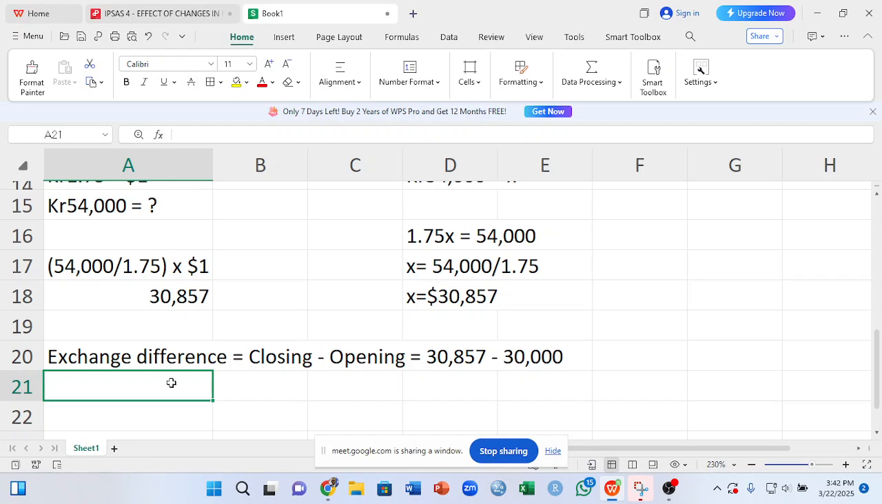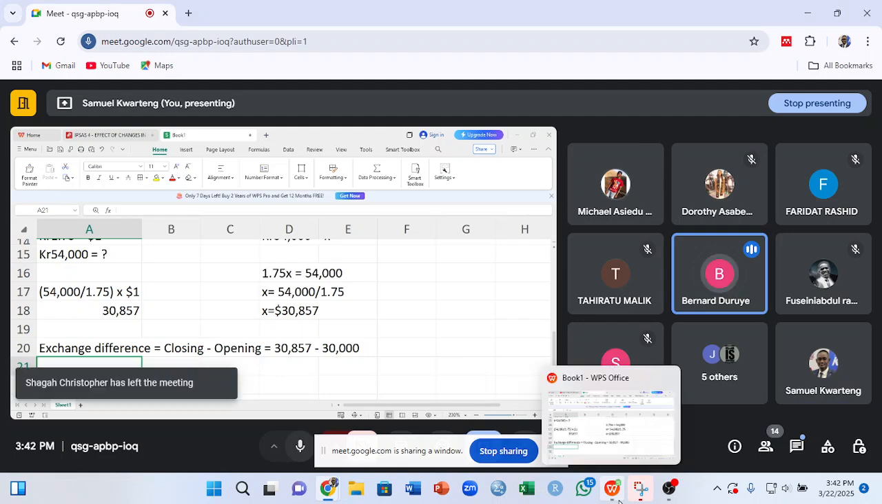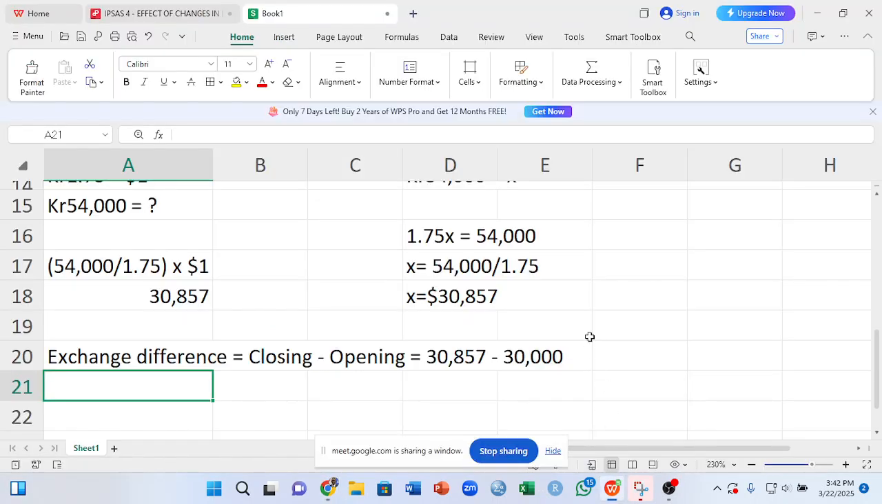Why do you say it's a loss and not a gain? Why is it a loss and not a gain? Okay, if you are going to pay